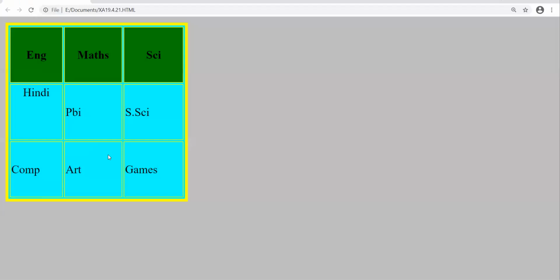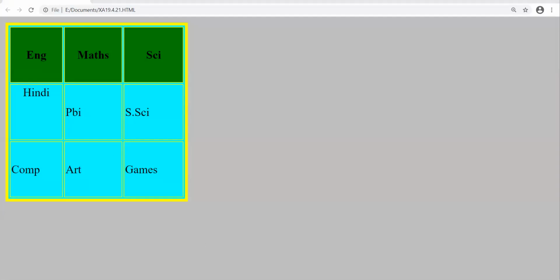See, compare the alignment of Hindi, Punjabi and social science. You will clearly get to know the difference. Right? Am I clear up till here?